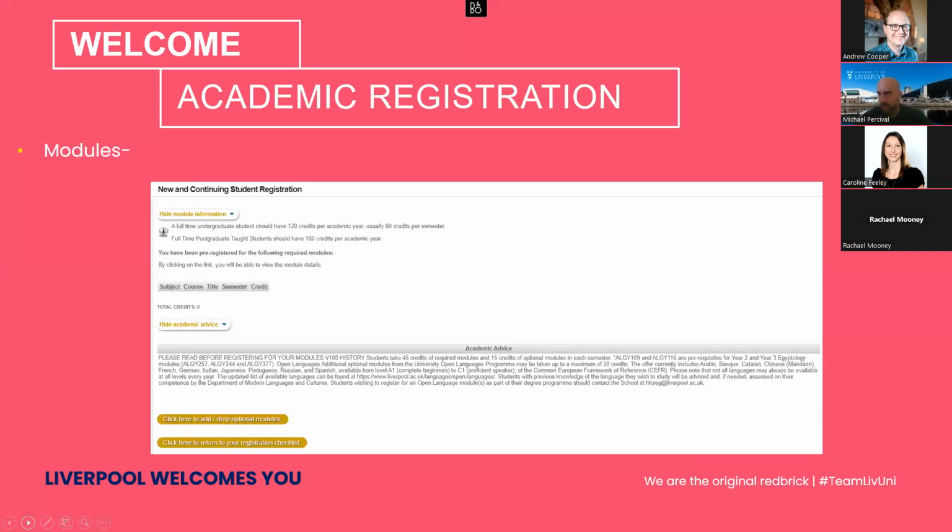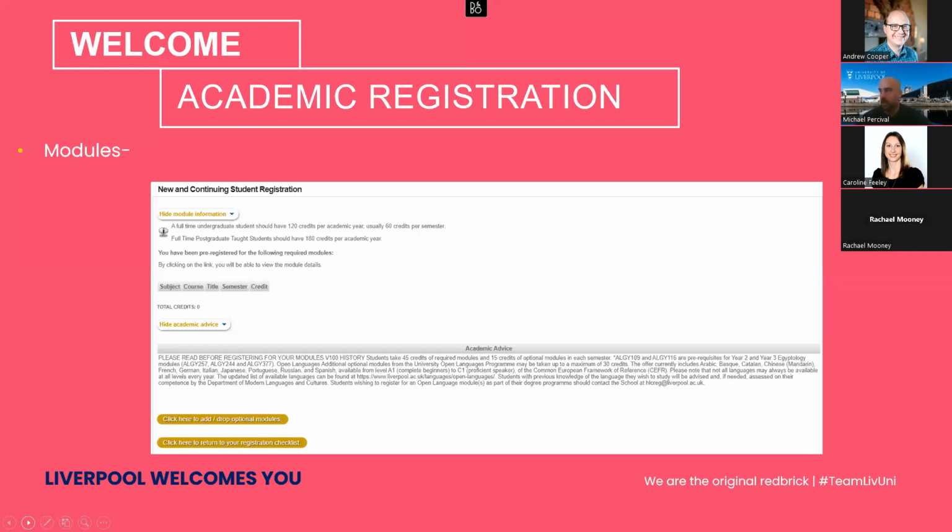Your modules. This screen for the majority of you might not contain anything. A lot of modules in relation to when you first arrive at the university are pre-prescribed, so they're already in your program. So you won't necessarily have a lot to pick from, especially if you're coming into first year. But if there is anything that you need to do, it will show on this screen. It details exactly how many credits you should have. So if you're an undergraduate student, 120 credits, and if you're a postgraduate student, 180